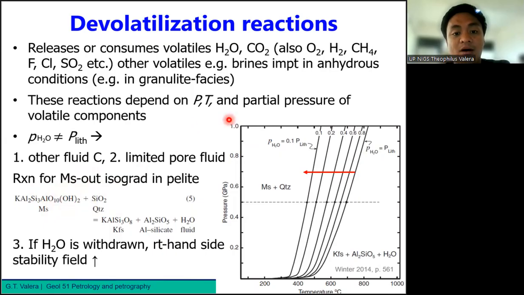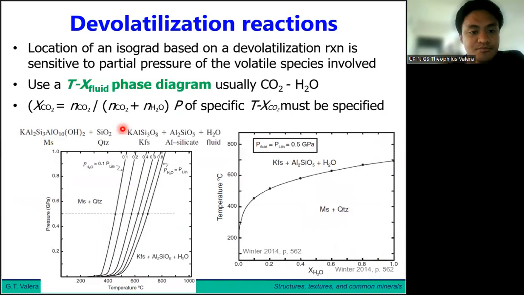Depende sa amount din ng partial pressure, amount din ng volatiles natin. So what this tells us is that reactions which involve volatiles, yung location ng reaction na yon, is always dependent not only on P, T, X, but also partial pressure of volatiles. Right? Let's see more examples. So the location of the isograd based on the volatilization reactions is sensitive to partial pressure of the volatile species